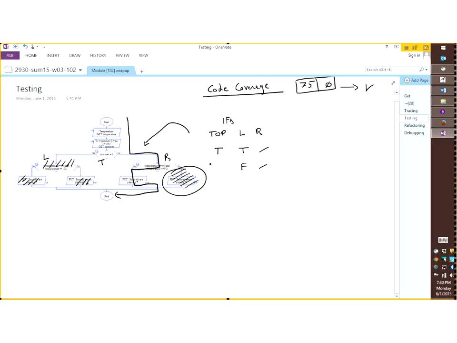If my top if statement is false, the same thing can happen, but this time with the right if statement. It can be true or false. Again, two paths, so a total of 4 paths. That's what we discussed before.